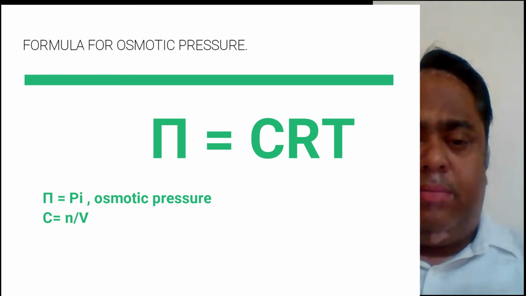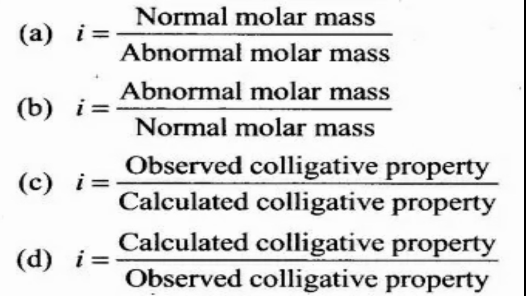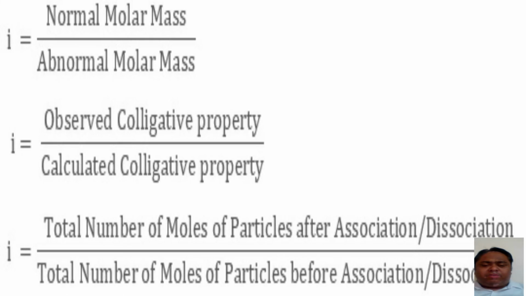In each of these colligative properties, be it partial pressure of the solvent in the presence of a non-volatile solute being equal to the mole fraction of the solute, or increase in boiling point, that means delta T boiling point is proportional to the molality of the solute, or depression in freezing point, that means delta T freezing point is equal to the cryoscopic constant into molality, or pi is equal to nRT by V.